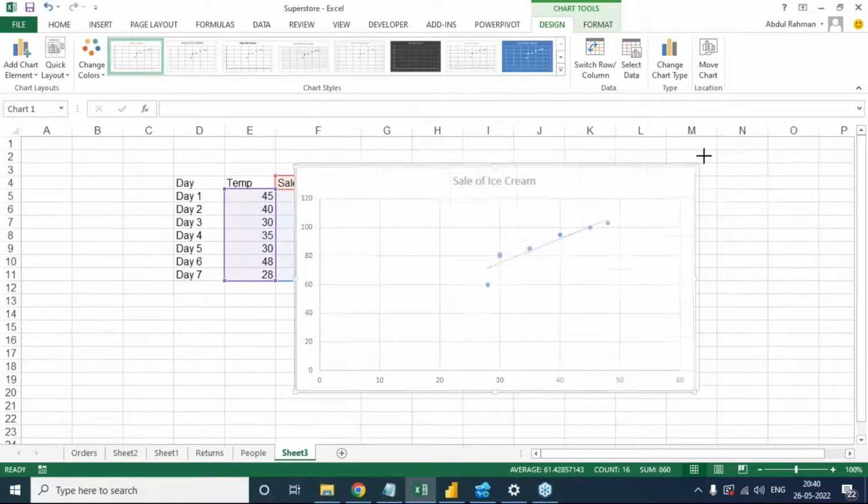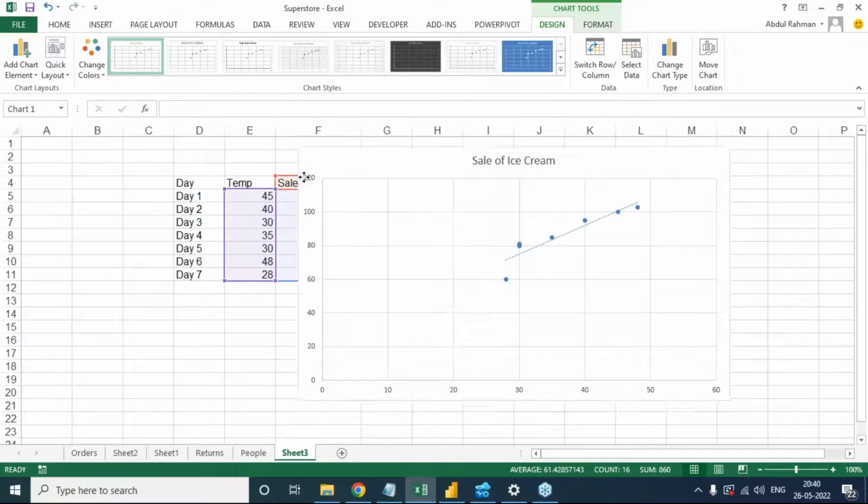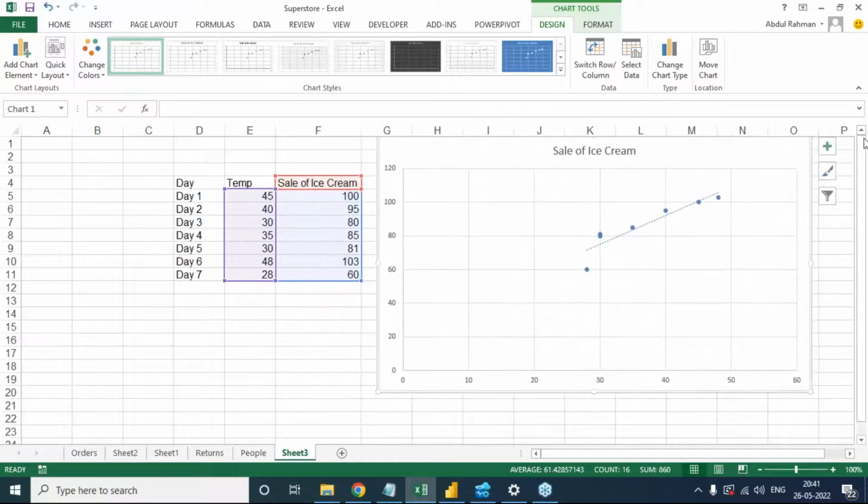Basically, this is something about correlation between two variables. So how can I interpret this chart? How can I understand? These are the temperature. This is my temperature. And here you can make a note. Technically this will be called as an